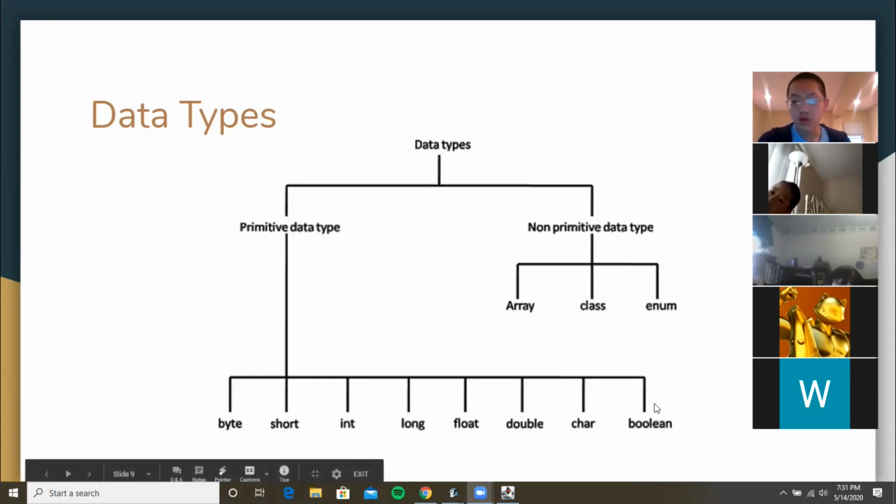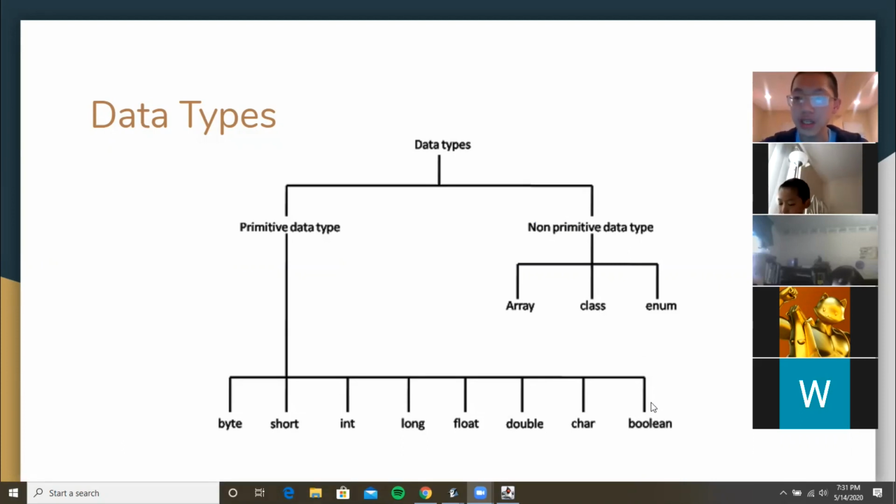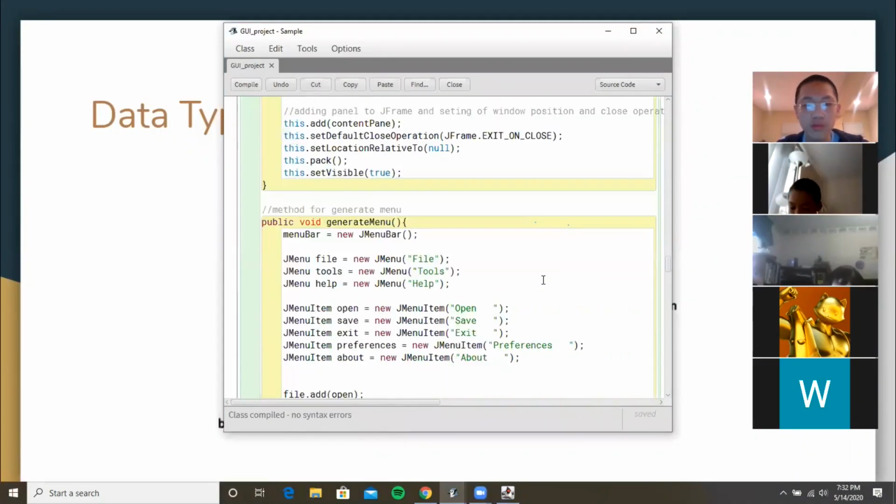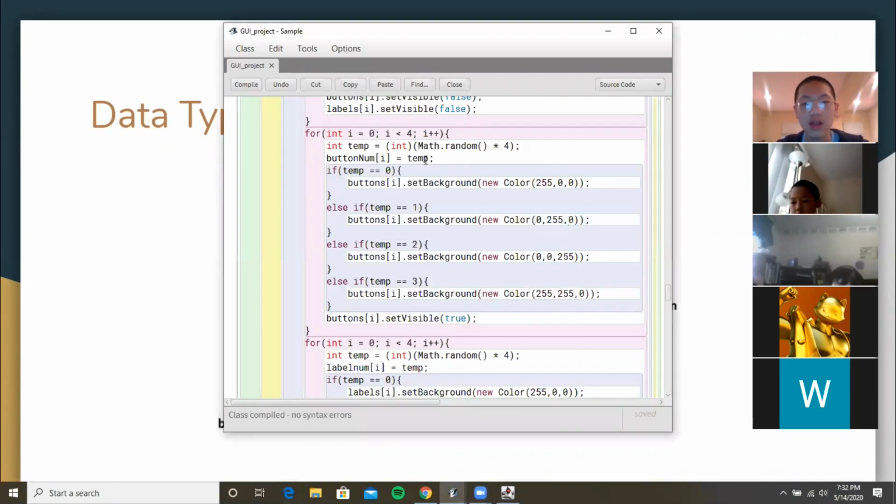True or false allows us to do a lot of the logic, reasoning, and algorithms that I can show you guys later. Some of the non-primitive data types are array and class. Class is what I talked about earlier, which is what we're putting all the code into. And an array is a list of primitive data types and allows us to organize it faster. For example, in my previously demonstrated program, I use a lot of arrays to create a lot of buttons and labels without creating them one by one.